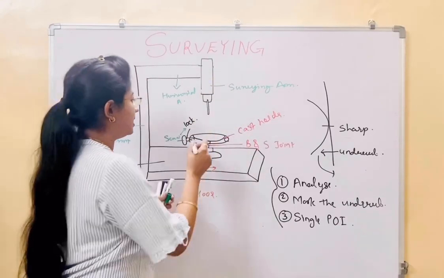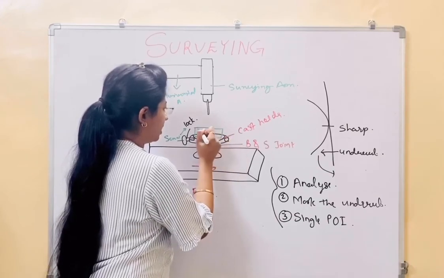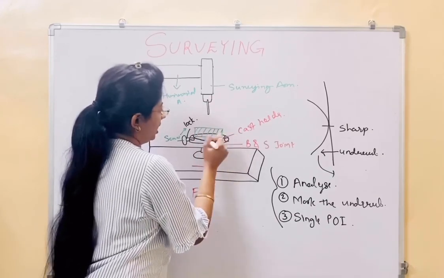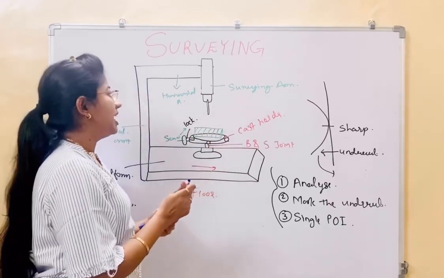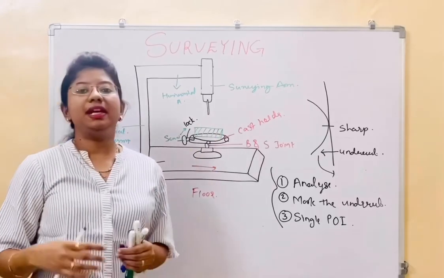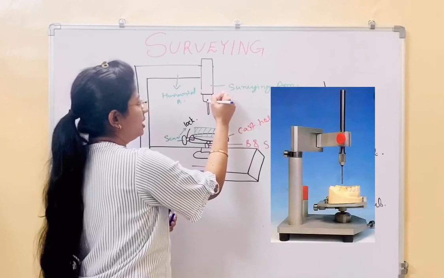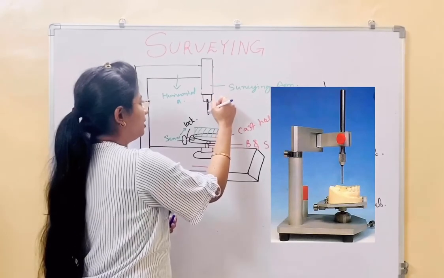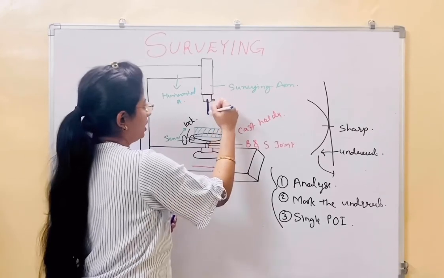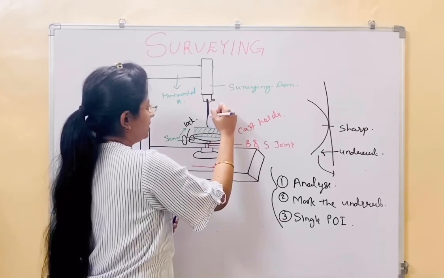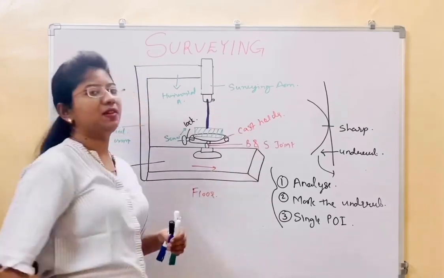What we do basically is place our cast here. For example, I have placed my cast here. This is my dental cast. First, I'll lock that position, and we will attach the tools. The different surveying tools are attached to the surveying arm. There is a mandrel, and in this we open the mandrel, attach the tool and lock it. Basically, this tool will be long enough that it is touching the surface of the cast.